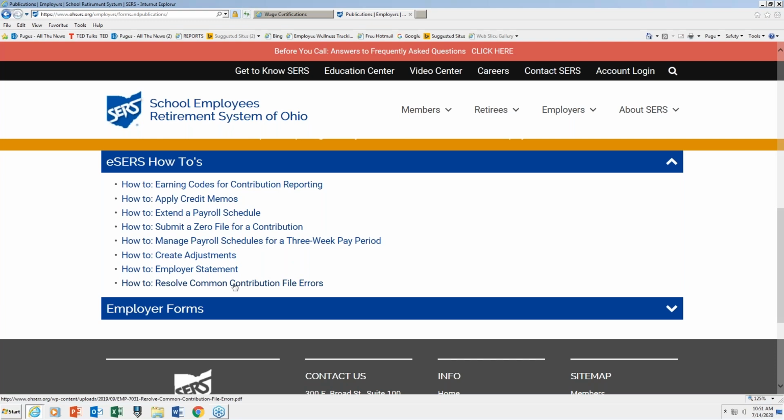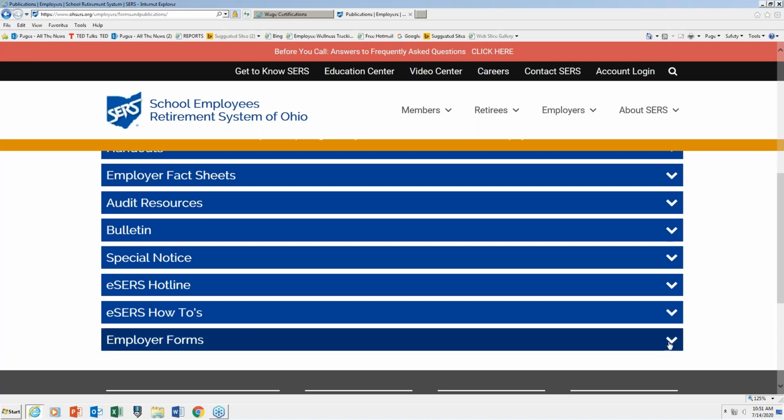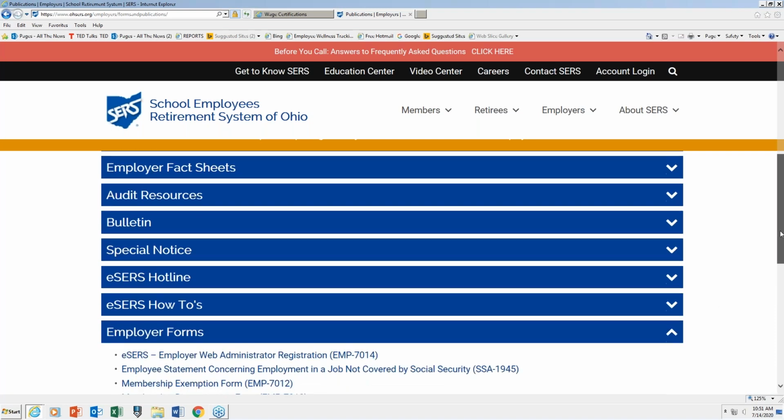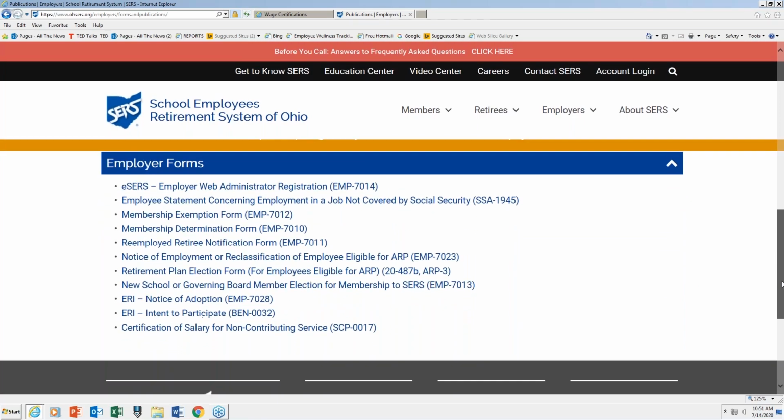This one here is one of our newer ones that was just created. It's a how-to on how to resolve common contribution file errors. Here's our employer forms. Anytime that you would need a particular form that we have, and some of you may have,